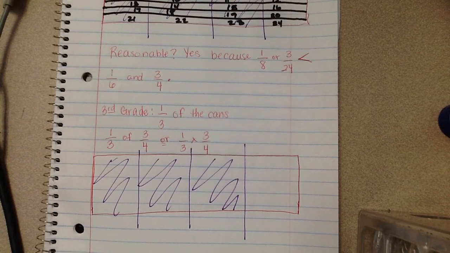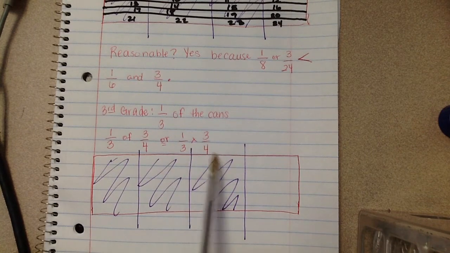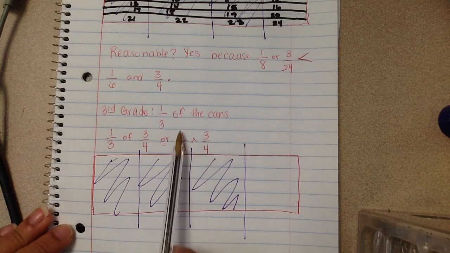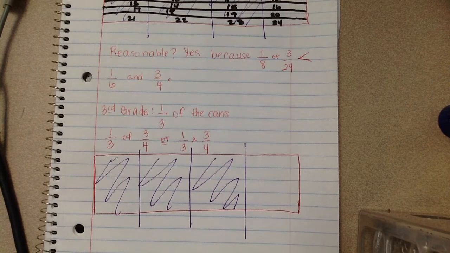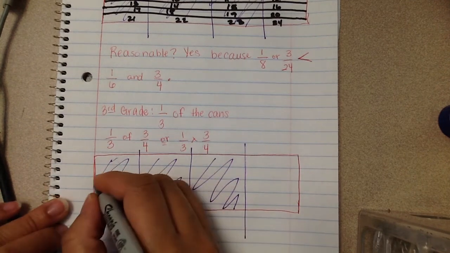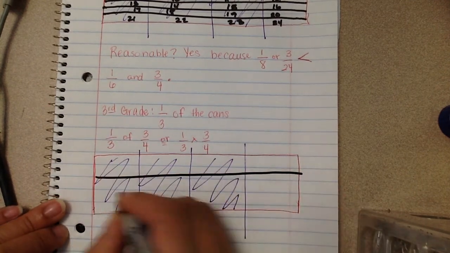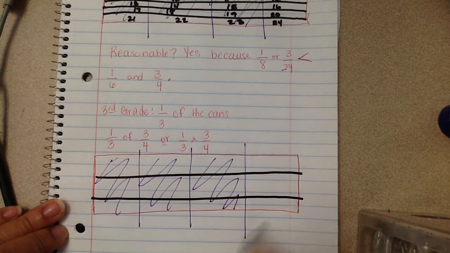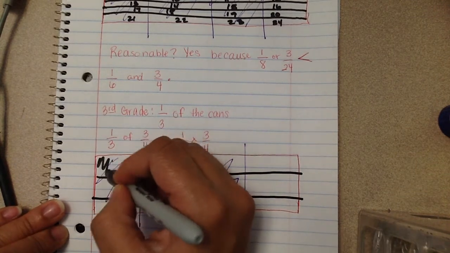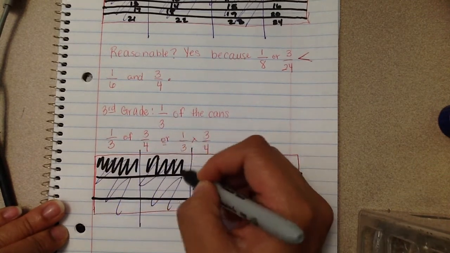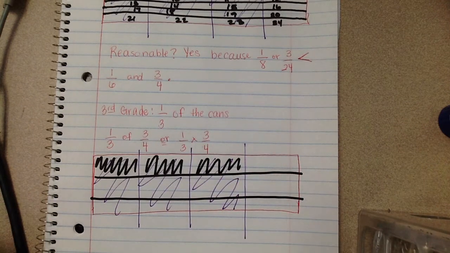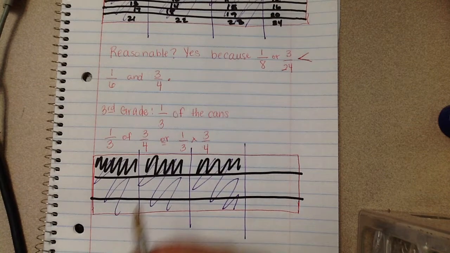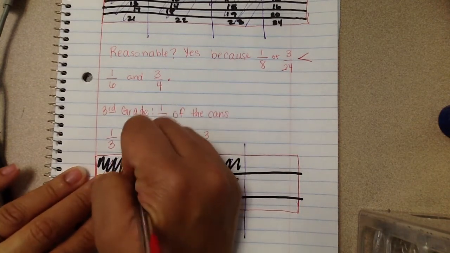Now of that, of the 3/4 that the school collected, 3rd grade collected 1/3 of this section right here. So that means I'm going to separate this into 3 parts. 1, 2, 3. And 3rd grade collected 1/3 of each of those 3/4. Each of those 3/4. So that means 3rd grade collected 1,